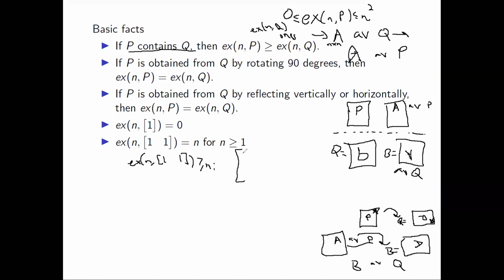So we can take the n by n matrix whose first column is all ones, and the rest of the entries are all zeros. So that matrix has a total of n ones, and it avoids this matrix because it has no row with 2 ones. Now for the upper bound,